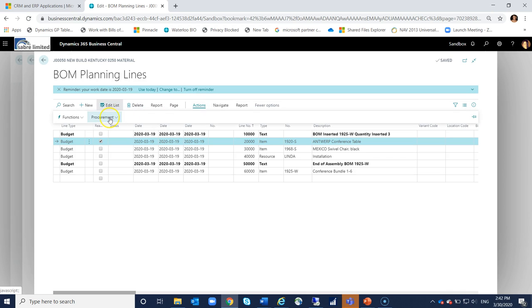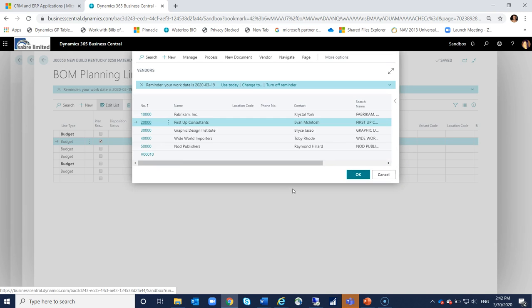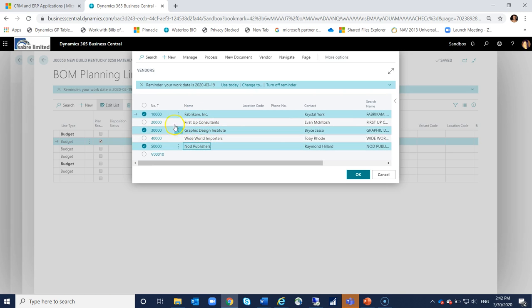So under actions, procurement, request purchase quote. I'm going to select a new purchase quote. I'll say OK. So the system brings up a list of your suppliers, and now what you can do is, holding the control key, you could select as many vendors as you want. You could select just one. You can deselect vendors if you accidentally select them by mistake. So once I select my vendors and I say OK,